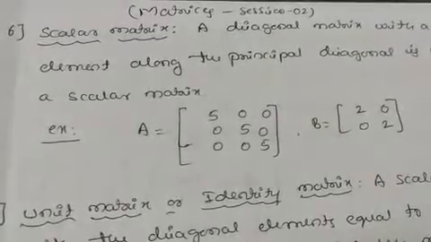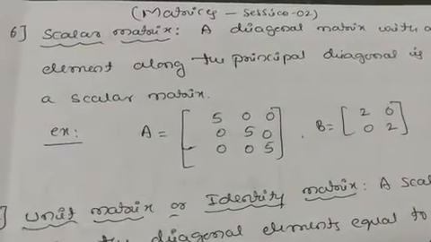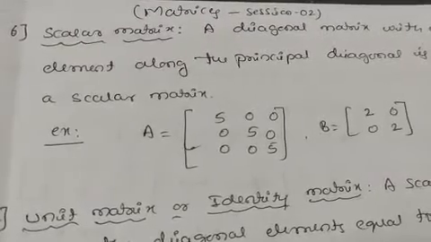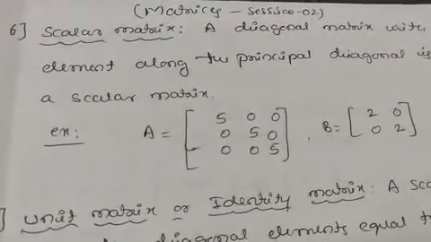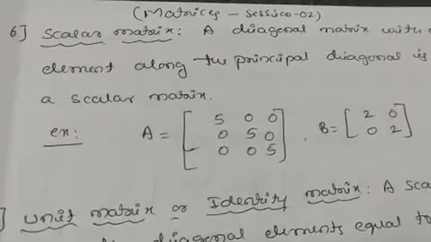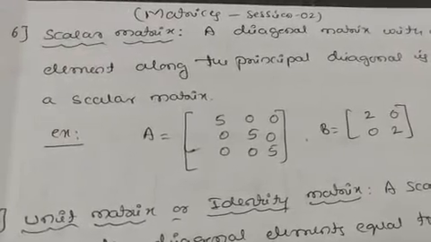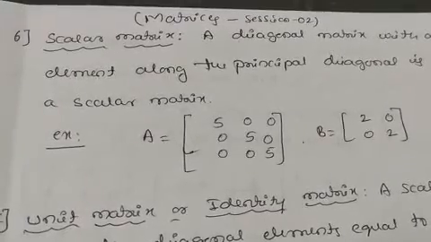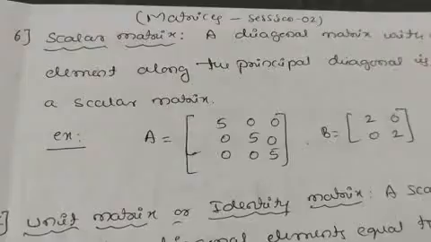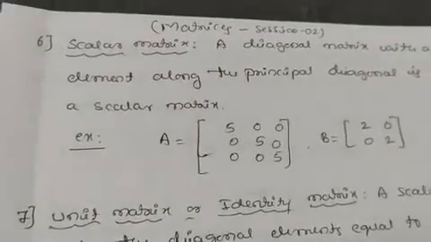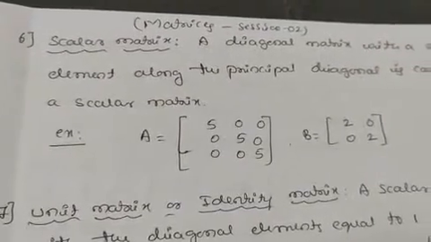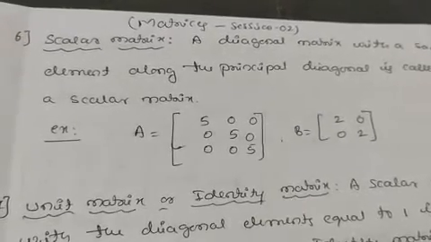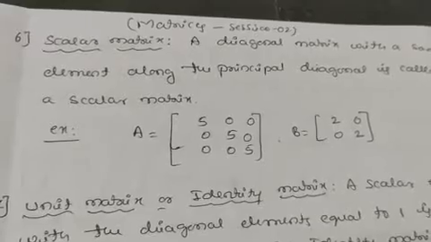So in the previous session we studied what? We studied the different types of matrices. This is the continuation of the same. In the last session we studied the definition of a matrix and types of matrices. We studied 5 different types. Let us recall them. We studied null matrix, row matrix, column matrix, square matrix, and diagonal matrix.